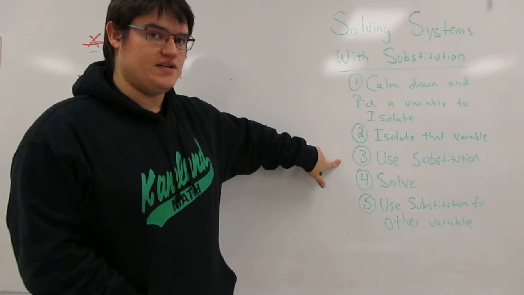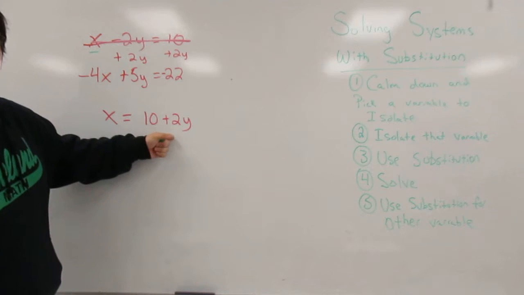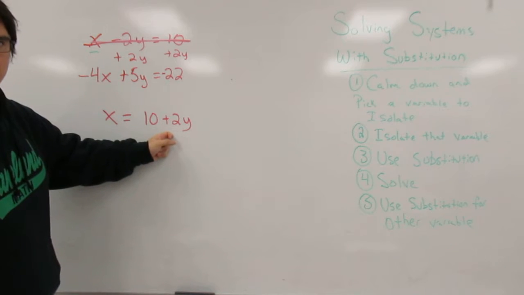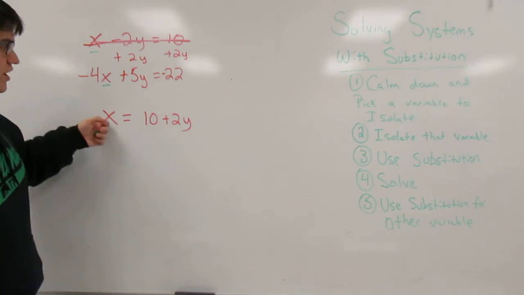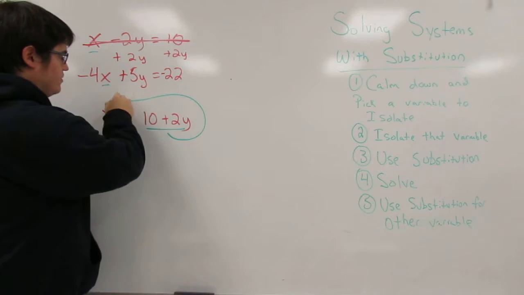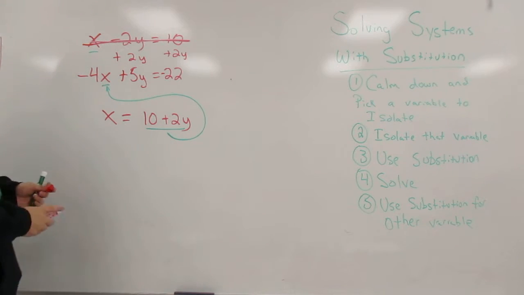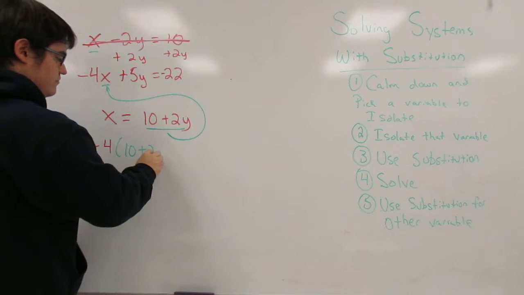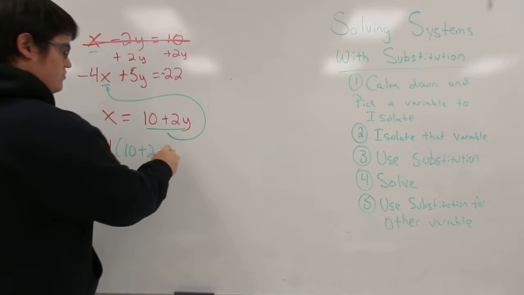Now we're actually going to use the idea of substitution. So we know that these are equal statements here. X equals this. So wherever I see an x, I could replace it with all of this. So if you look up here, you have an x there. Instead of writing x, I'm going to replace it with that right there. So now we get negative 4, I'm going to rewrite that, and instead of x, I'm going to put 10 plus 2y. So I just took x and replaced it with 10 plus 2y. Plus 5y